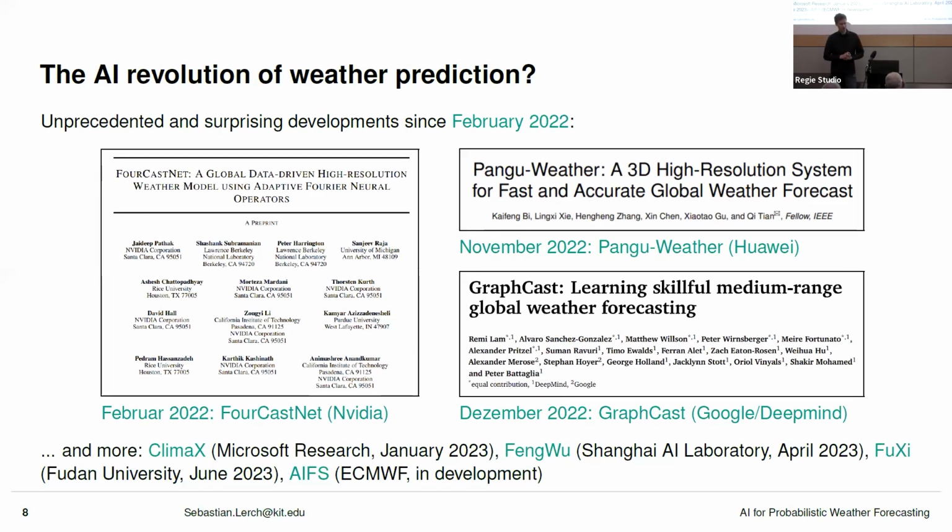So my list here stops at some point in summer last year, but every couple of weeks, essentially, there's now a new group, a new paper coming out where there's a little improvement to these current state-of-the-art weather models. Now, when you look at these papers, you will immediately see two things. So one is that they are written typically by large groups of people. And second, that most of these people do not come from universities, but they come from tech companies like NVIDIA, Huawei, Google, DeepMind, Microsoft.